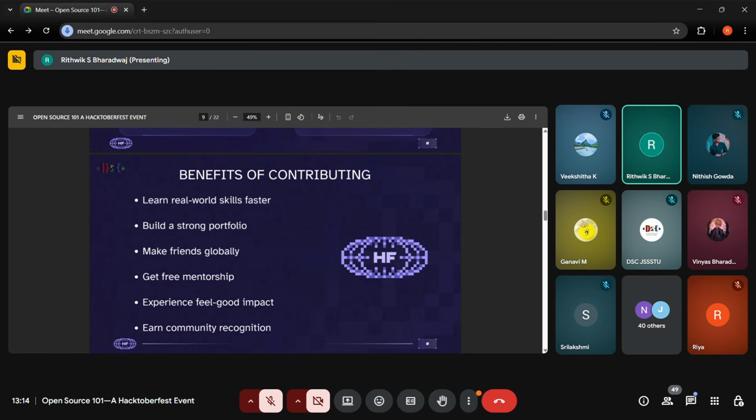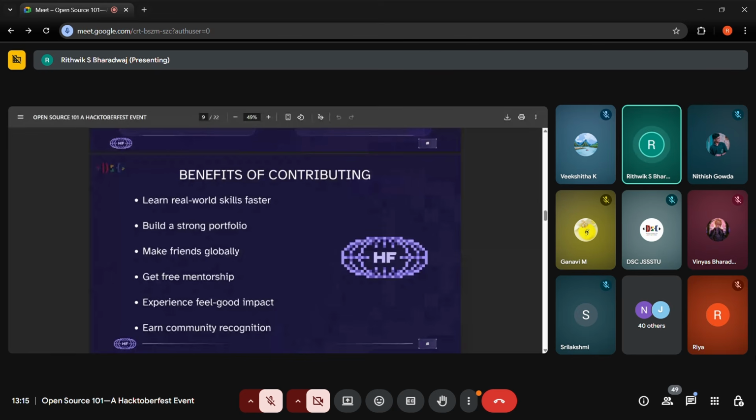Yeah. So we'll get into things like Hacktoberfest and Girl Script Summer of Code, and also a little bit of GSOC as well further in this session today. And you'll kind of understand why having these open source contributions matters. So just for the people who don't know, when you make a contribution to some open source project, it is permanently known that this particular contribution was made by this particular person. It's accredited to you. Okay.